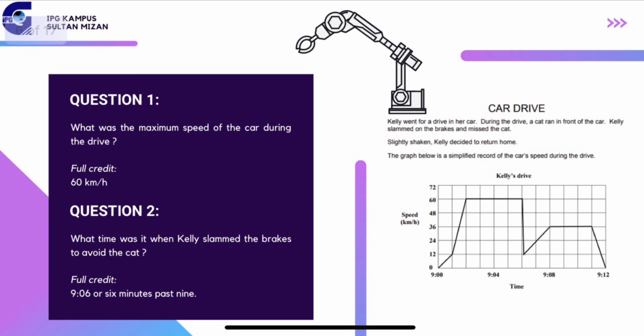Therefore, we need to find the point where the graph has a negative slope. Then, we look at the x-axis for the time, and the answer that we got is 6 minutes